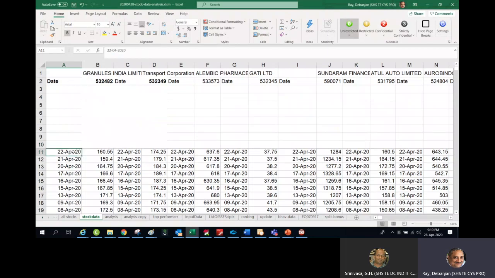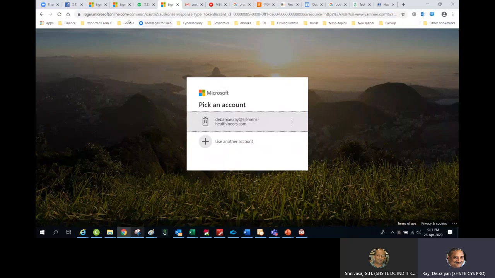This stock data worksheet is a very simple worksheet. It contains the date and the closing price of a particular stock. And it has been taken from the BSE, or the Bombay Stock Exchange. The data is freely available, but I somehow found some other technique to extract this data. If you go to the Bombay Stock Exchange, you will find such data, but one by one you have to download it. So how do I automatically download a set of all the things? What I have done is I have created it in Google Finance.